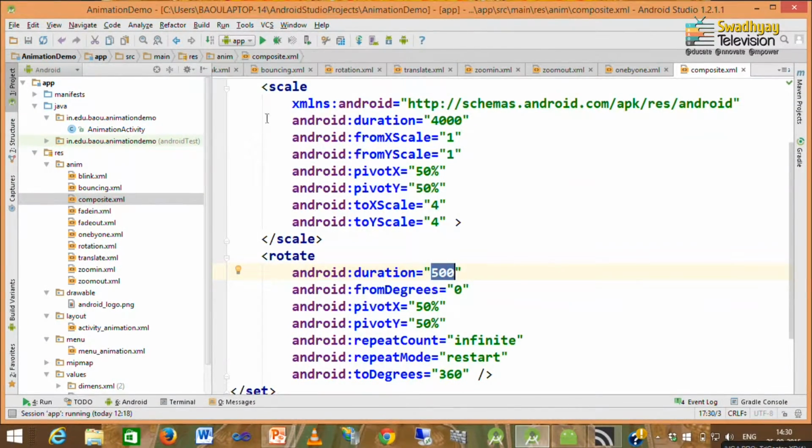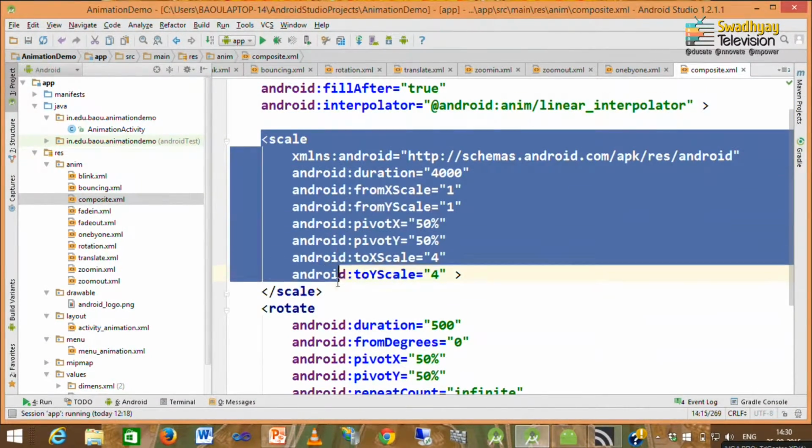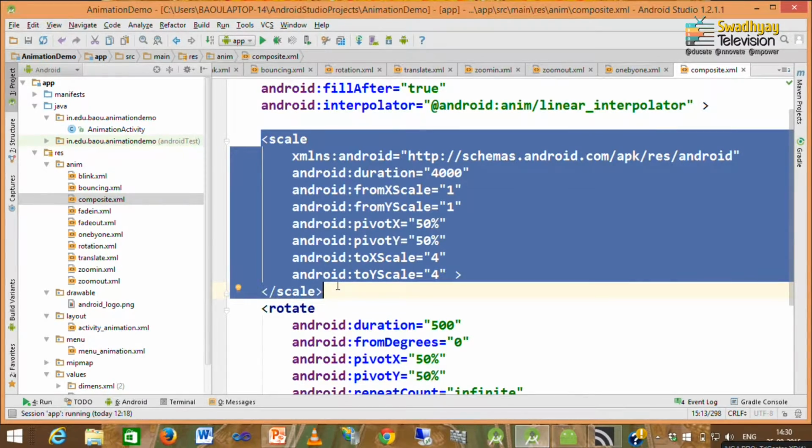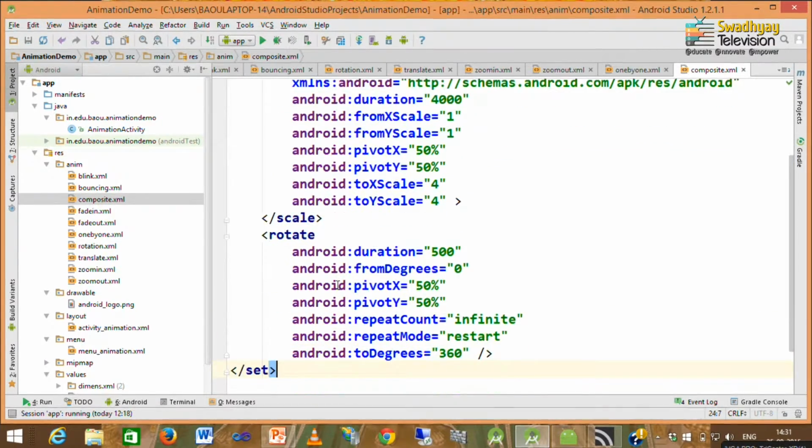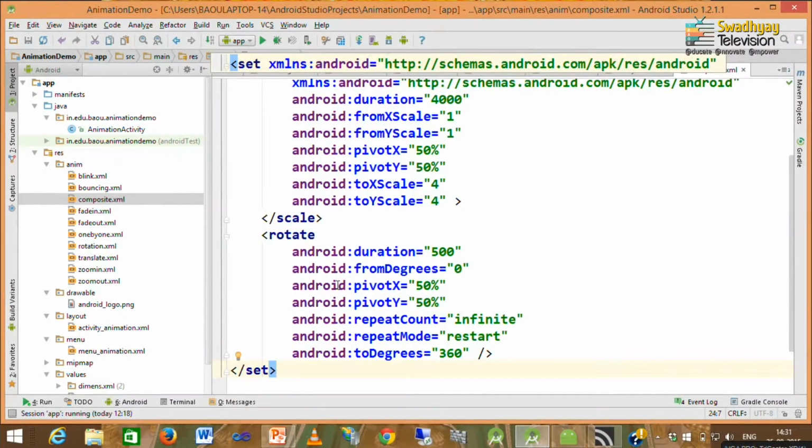So, immediately after scale, rotation will start. So, we can have a mixed effect of scale and rotation for our object. This kind of animation is called composite animation. We have not specified start offset, so both animations will start simultaneously and the resulting effect will be displayed on screen.